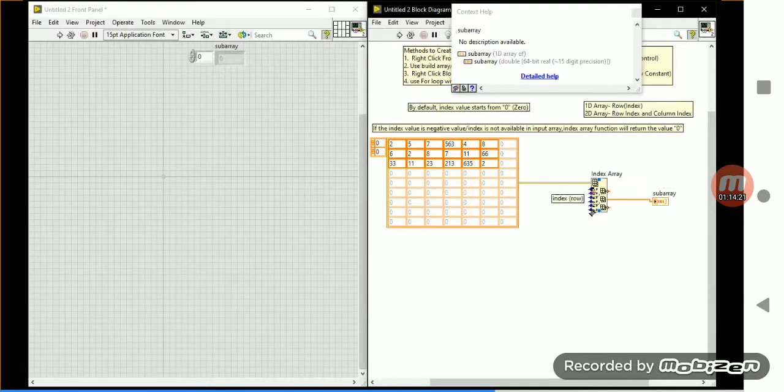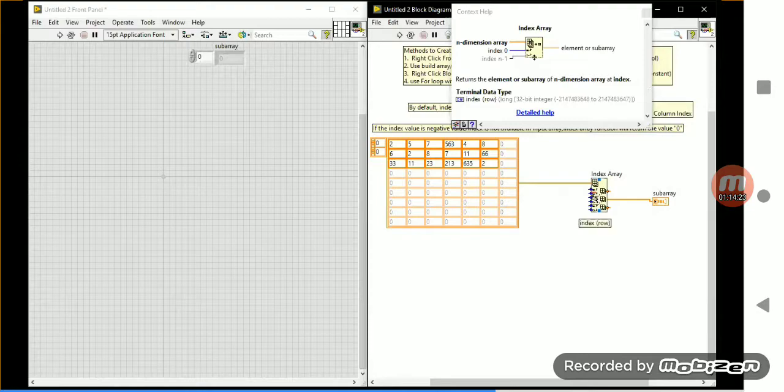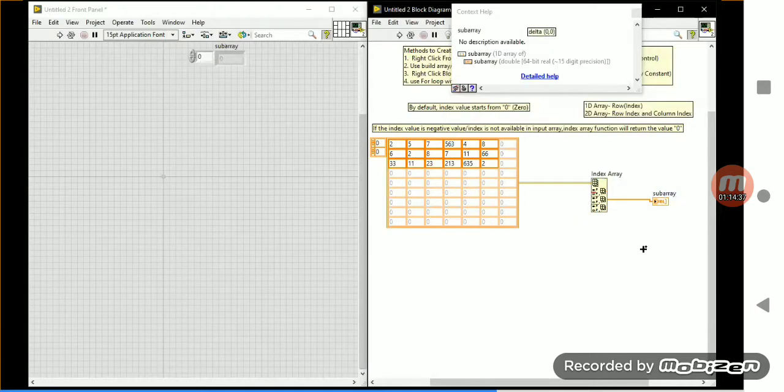So the dash line will be available here. One dash line will represent one category, one part will be over. That is, the 0th row will be over here, this is the first row, and the second row it will tell over there. So that one we have to identify. This is for the index array.